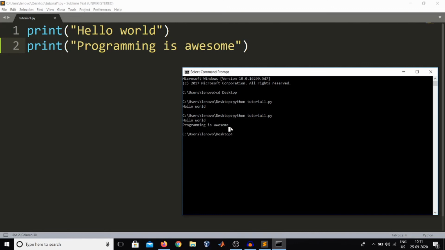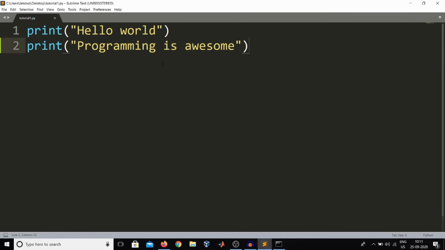Another thing I would like to mention is about comments before we delve further into the course. Comments start with a hash symbol, and they are not interpreted by the program. You can write any gibberish here, it won't be understood by the program, it is skipped. We use comments to explain something to someone who is reading our code. So that's what I will be doing. I will be adding comments at a lot of places as we go forward with the course. These are for information purposes and they don't get executed.